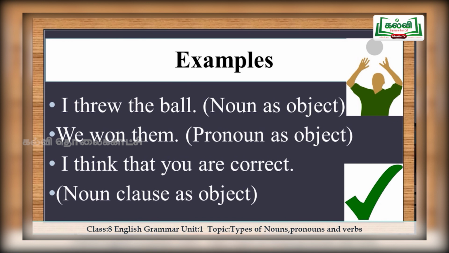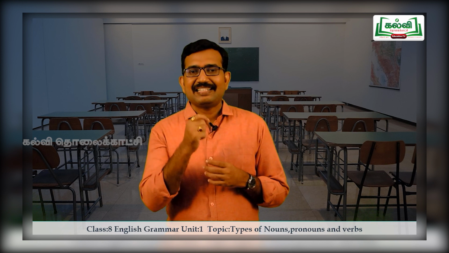You can also make some sentences where the verb is followed by an object. You can also identify those as either a noun or a clause or a phrase or a pronoun, like that. This is the exercise which you can do to easily identify that. So let's move on to the next thing.